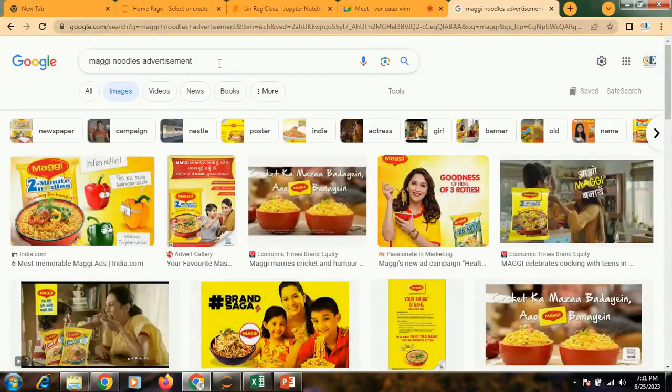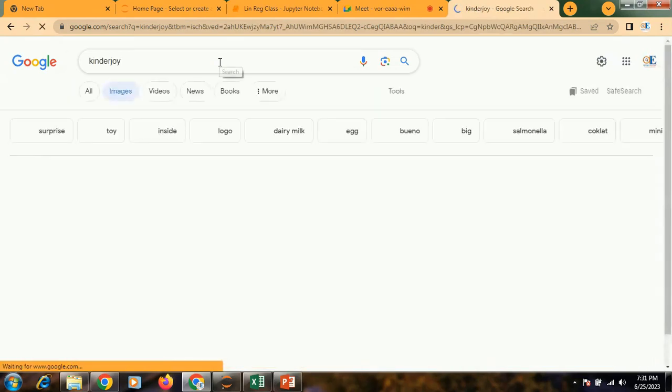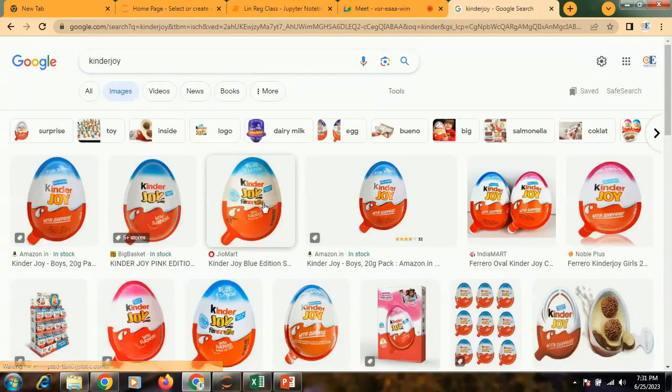Just like Kinder Joy. You have this one, right? Kinder Joy. Just because there is a very small plastic toy, Kinder Joy is not at all cheap. It's pretty expensive, I mean proportionately in comparison to its competitors. But just because there is a small toy in it, the kids are going to get influenced. They will always keep on saying that I want this Kinder Joy.